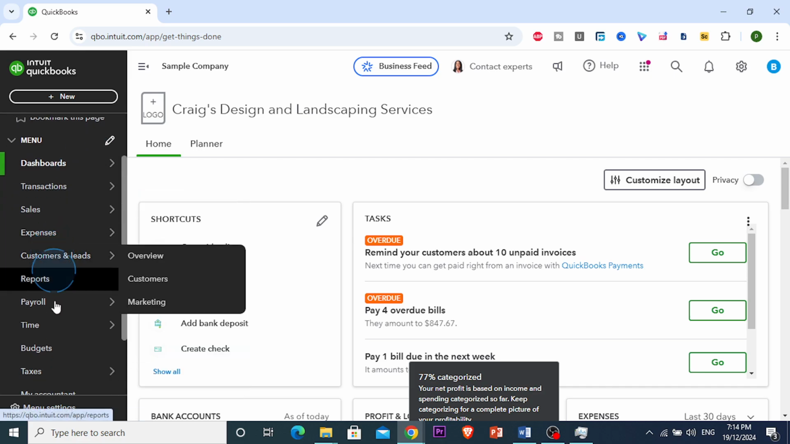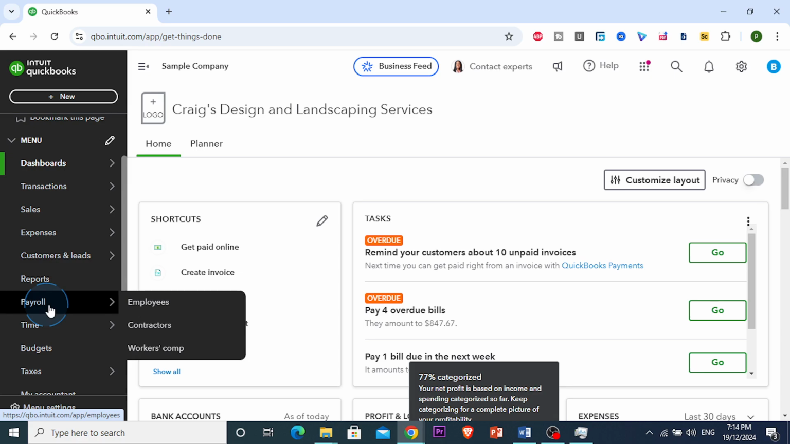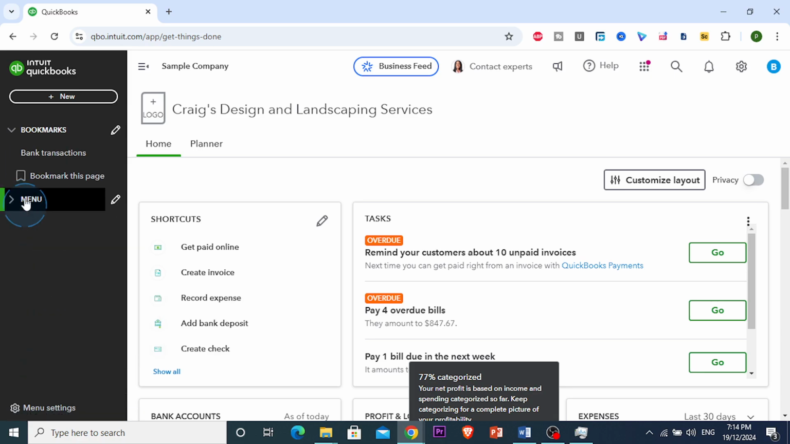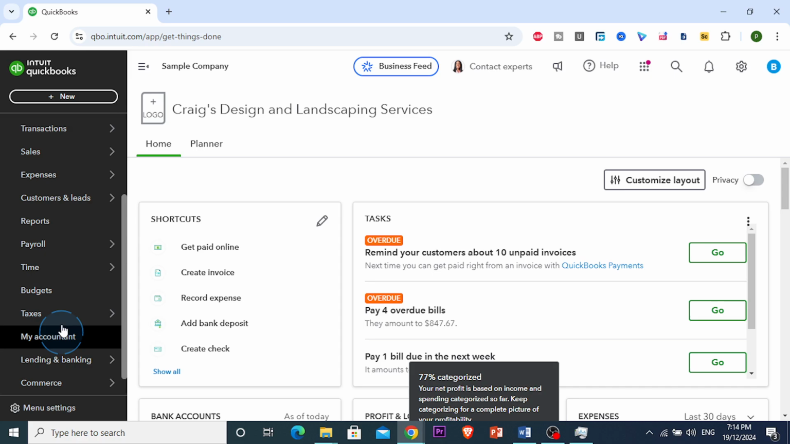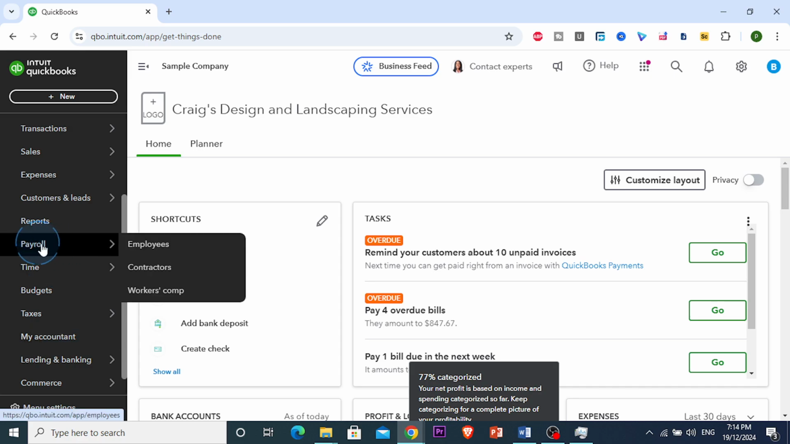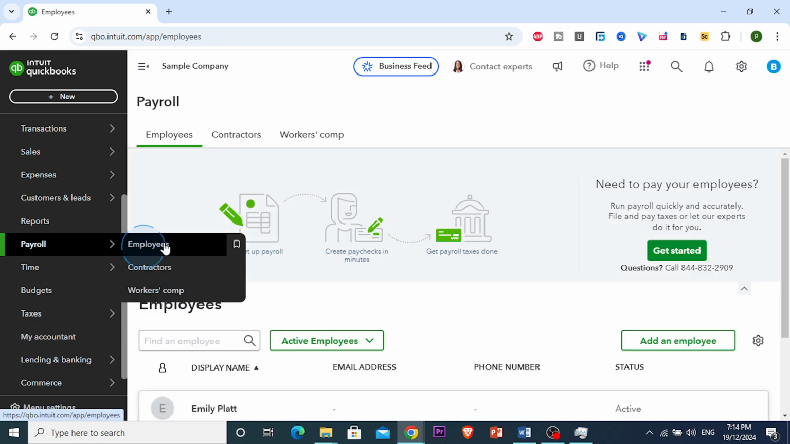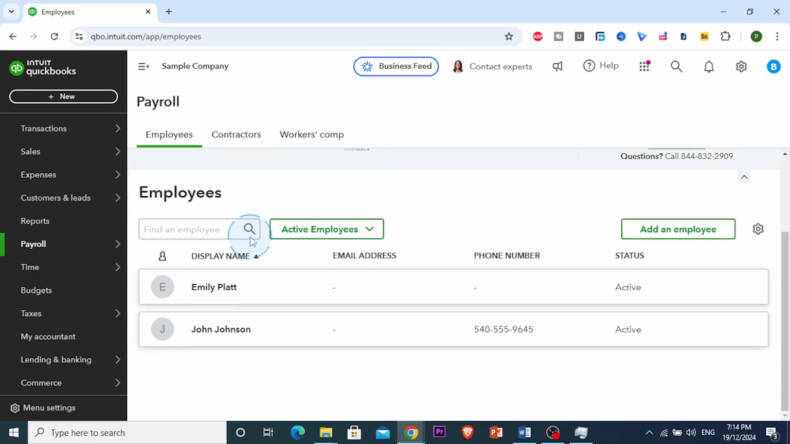You just come here, scroll down, you'll see this payroll option under menu. Okay, if you don't see that, just click on this arrow right here. It would bring all these options. Go to payroll, and now we can add payroll for employees and also contractors. And if you want, you can also get a workers comp. So I'm going to click on employees right here, and now we're going to be creating a payroll for a